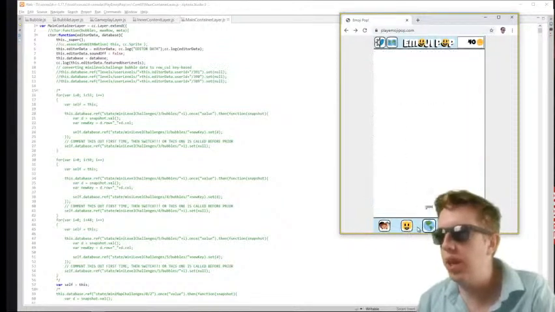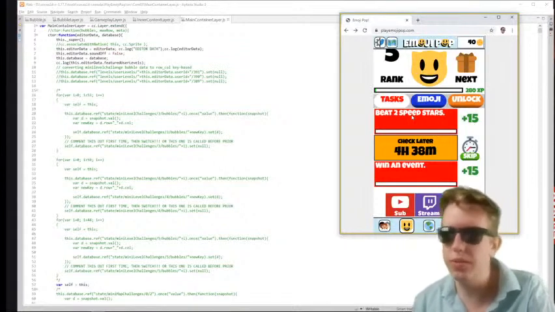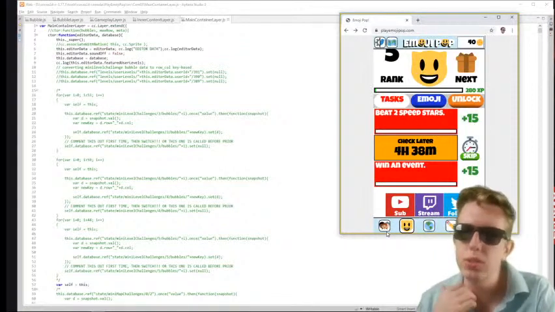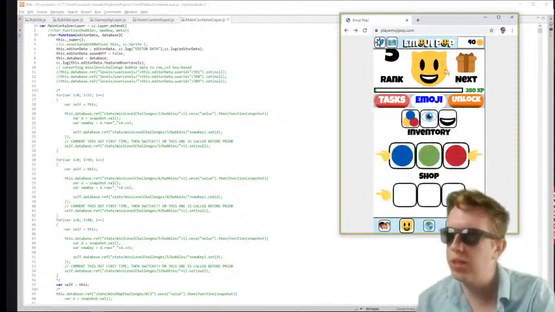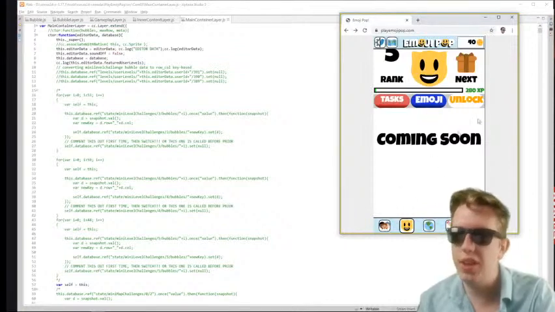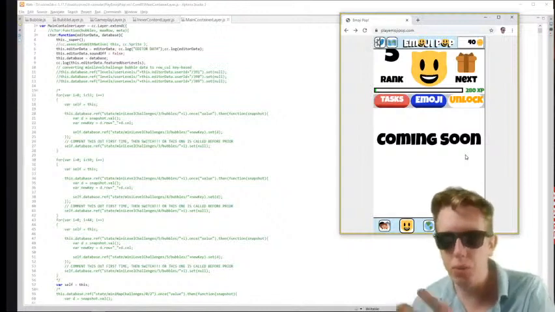It has the main gameplay tab, which is in the middle. It has this task tab, which has tasks that you achieve by making matches and winning levels, which give you experience, which give you gifts. This is a little bit underdeveloped at the moment. This is also where you can customize your emoji and buy new things to customize your emoji. And this is also where I'm going to be hosting the videos and podcasts that I'm making and going to be making more of in the future.